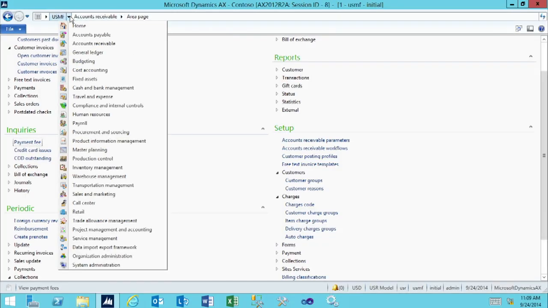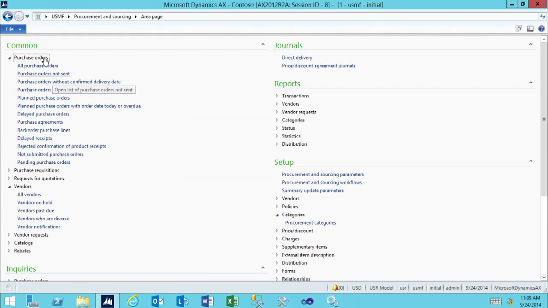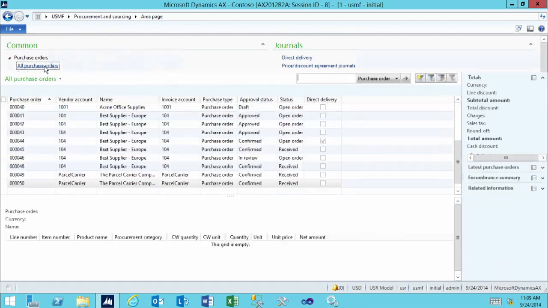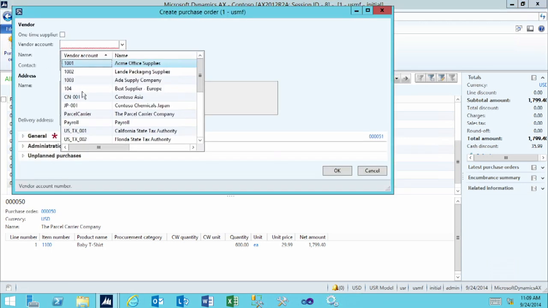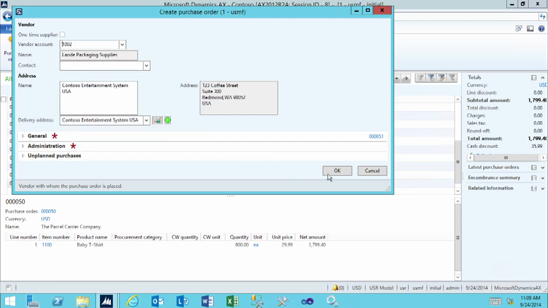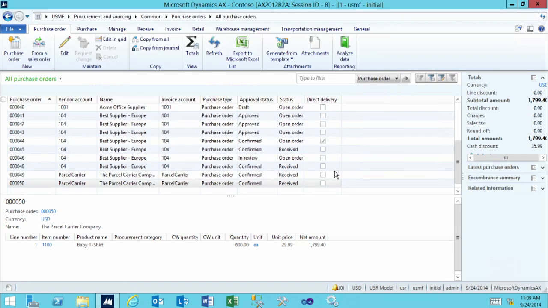I'll go to the Procurement and Sourcing module to create a new purchase order underneath Common and then All Purchase Orders. I'll click the New Purchase Order button to create a new purchase order, and then I'll select the vendor to be used. I'll click OK to create the order,